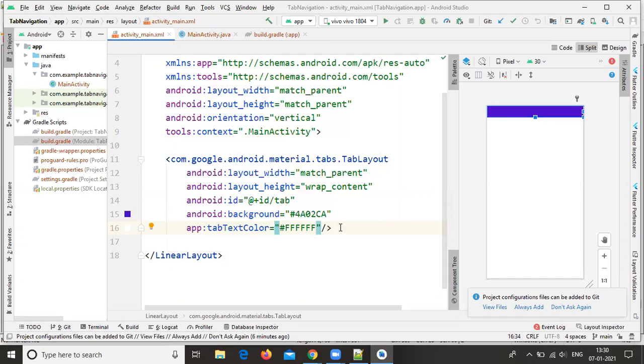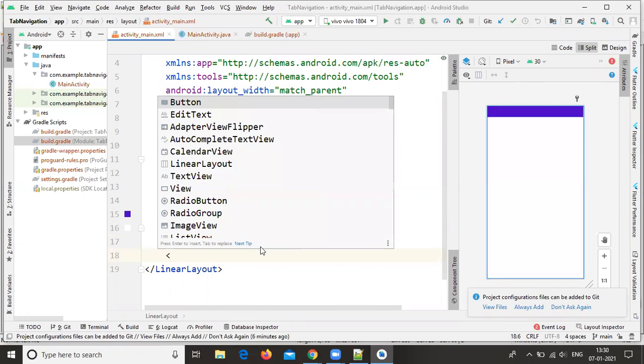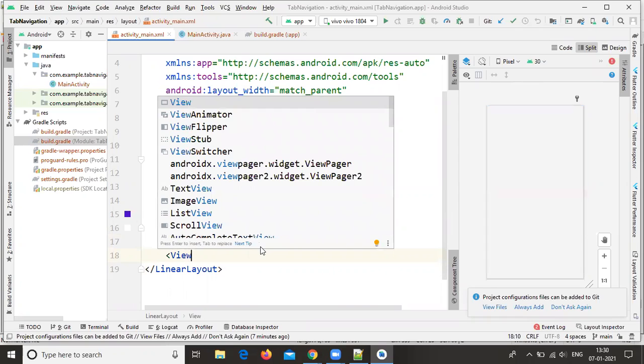Okay, so now I want to use the view pager component. I want to create the view pager component. Select, type view pager. Here in suggestions there is an option called androidx.viewpager.widget.ViewPager, and ViewPager2 is also available.